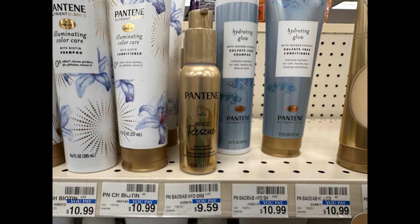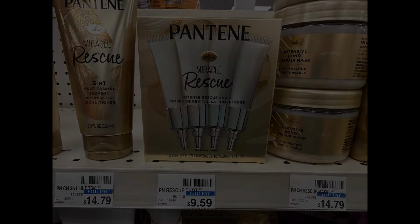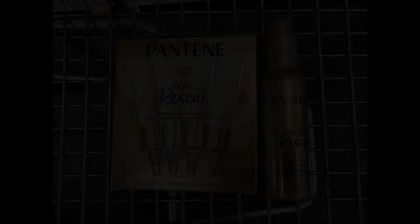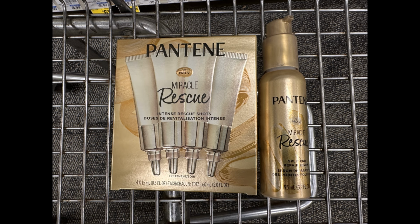So these are priced $9.59 in my store. And I initially grabbed 2 of these, but then I noticed these Miracle Rescue shots, and they are attaching to the Ibotta rebate as well. So I just decided to grab one of each, and these are $9.59 as well. So the first one is going to be $9.59. The second one is going to be 50% off, so it's going to ring up at $4.79. So together they total